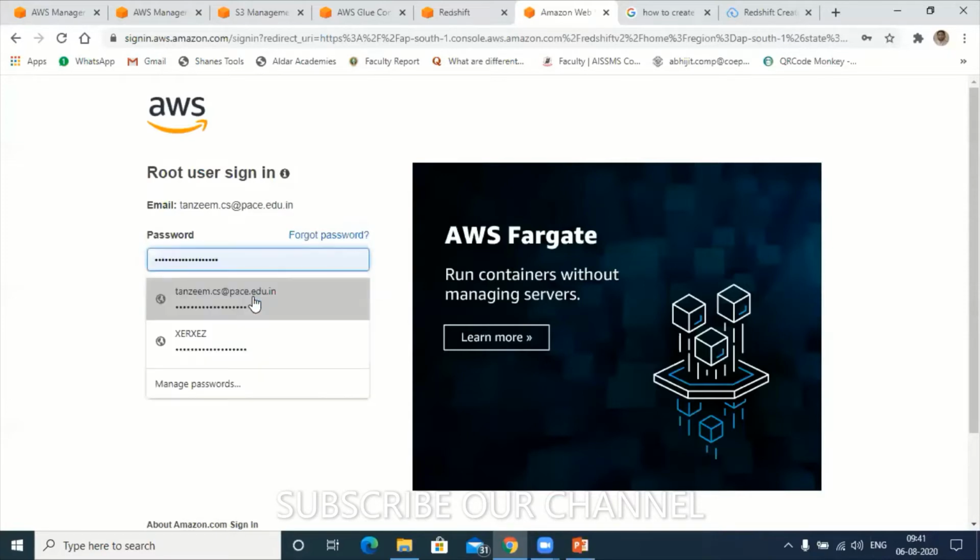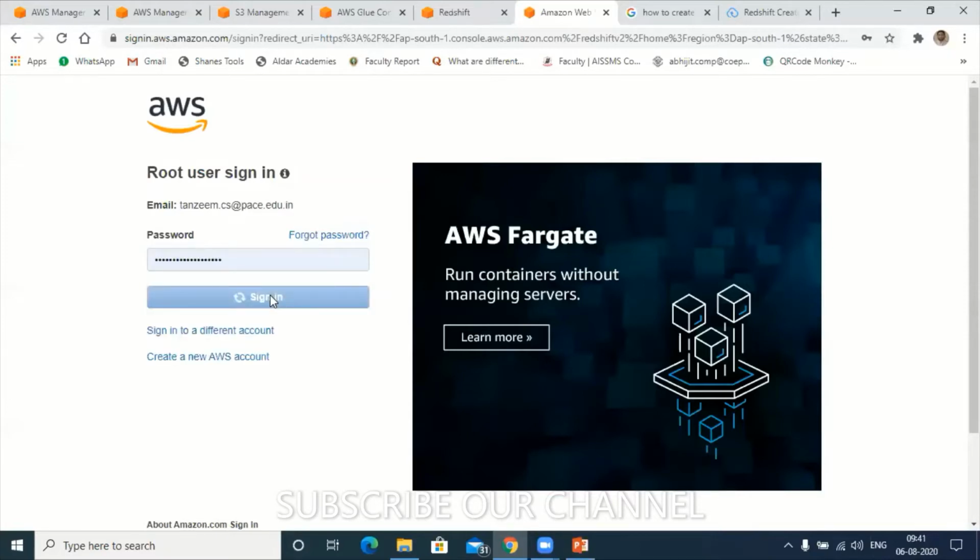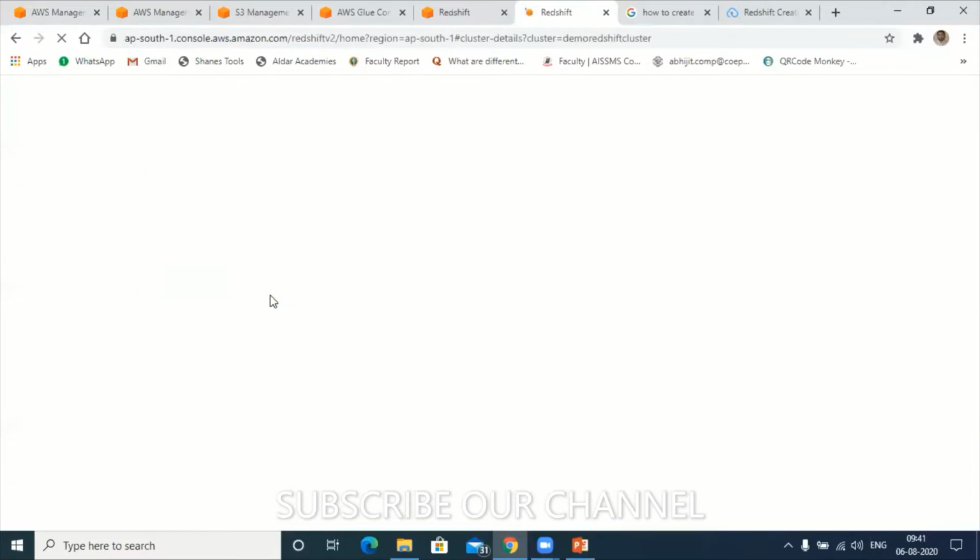Maybe because of that it is asking; I didn't use the Redshift module after that. That's the reason it is asking me to re-enter the password. Hold on.